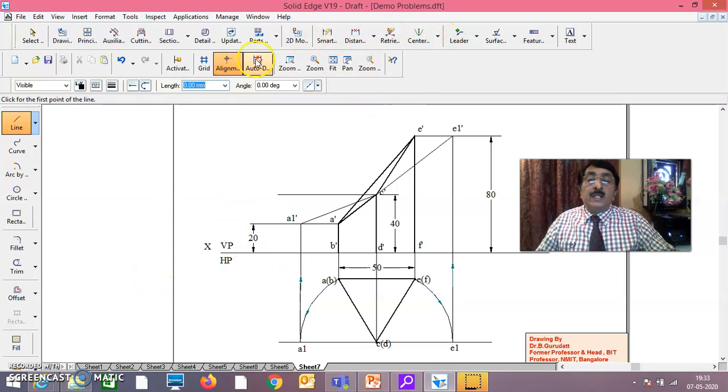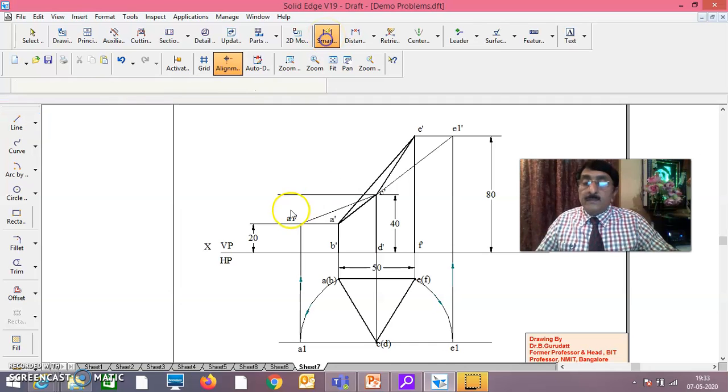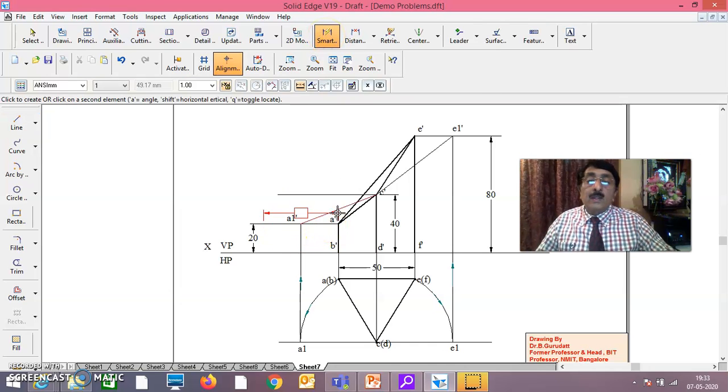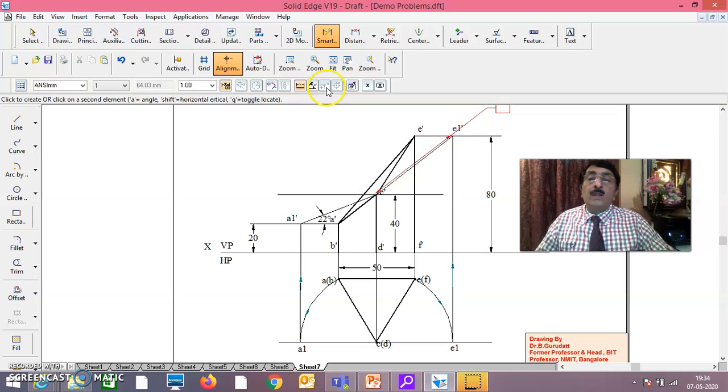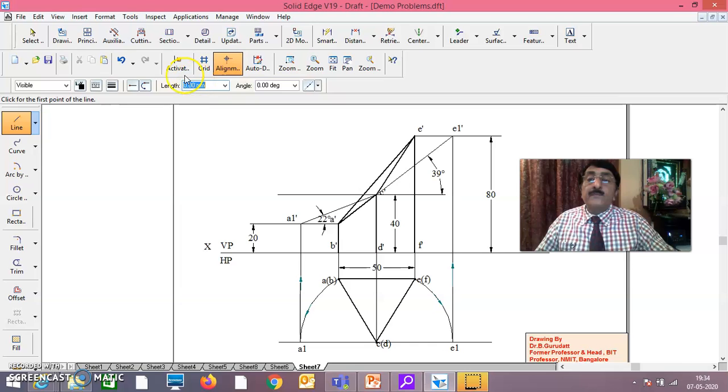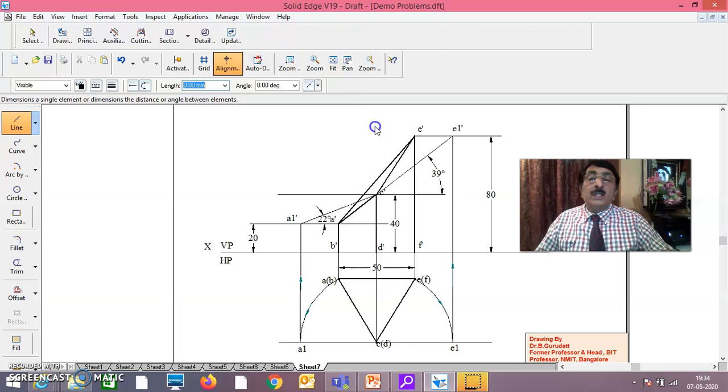Now see here. This inclination with the ground you do, and even here also, this also inclination with the ground, and then this also, this also inclination with the ground you do.